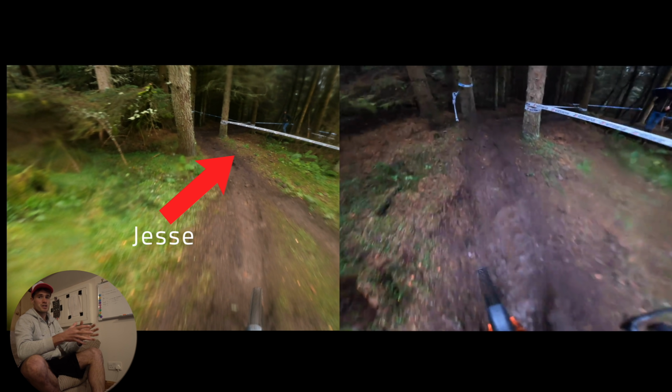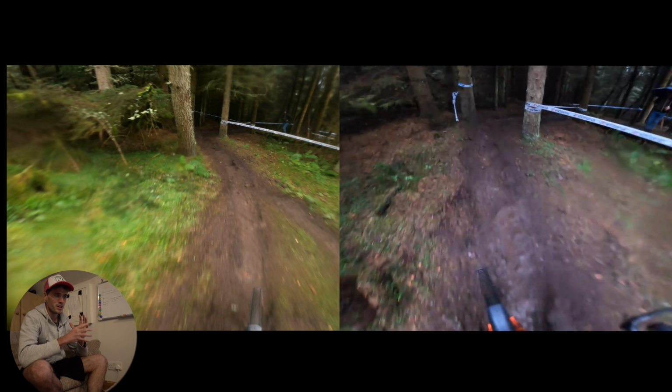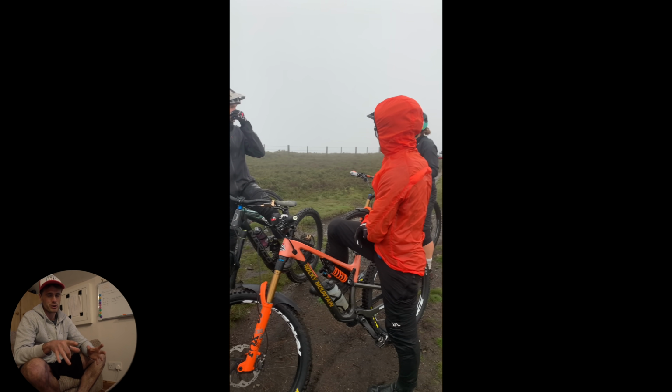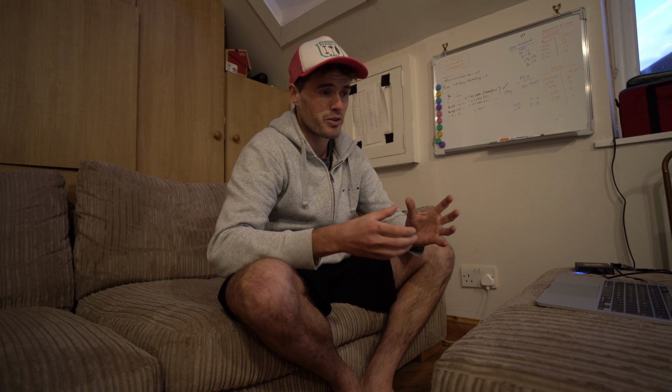And then as soon as we get into this next section, that's where Jesse really starts to open the taps. Ironically, I rode with Jesse the week before the EWS and he was telling me all about where his hometown is in Squamish in British Columbia in Canada. And I asked him, what do you think of the trails here? And he said they're very similar to what they get in Squamish in terms of the dirt condition. The tightness of the trees isn't something you really get in Squamish like that, but this section here where